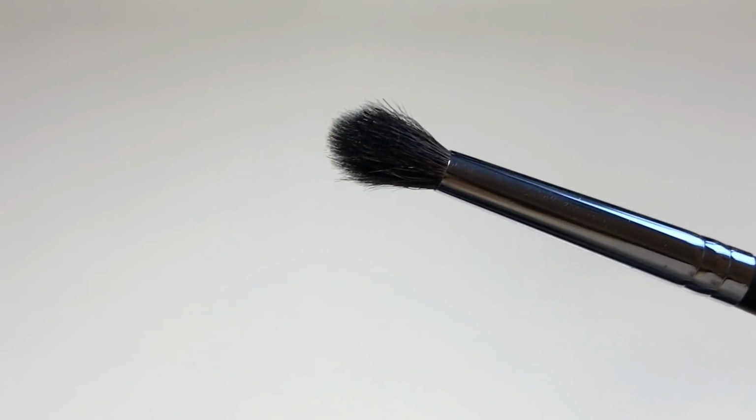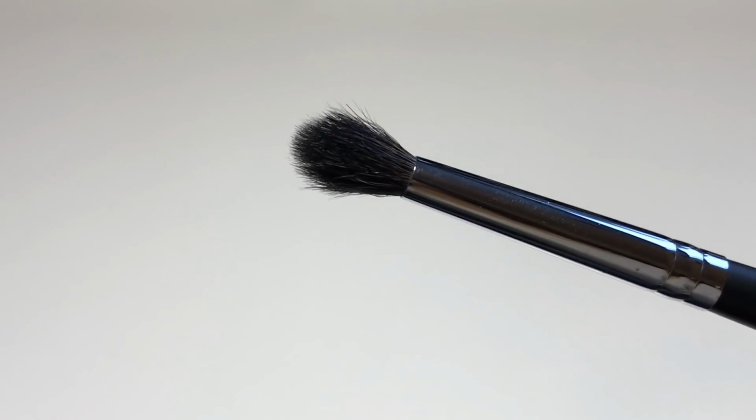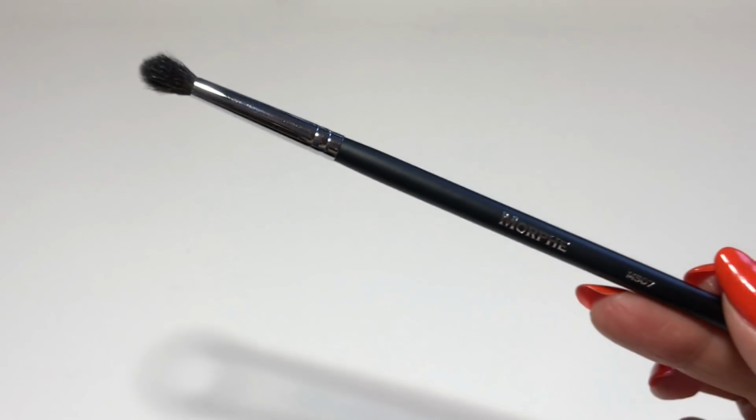There were just two more items that I picked up during that haul, and the first was a brush because I always haul brushes. This was the Morphe M507, and it's a teeny tiny little blending brush. I find this brush useful, but it's not my favorite because it's very scratchy. Yeah, it's a little bit scratchy, but I do like the size. I like that it's a very tiny pointed blender, just like the name says, because I can do very detailed